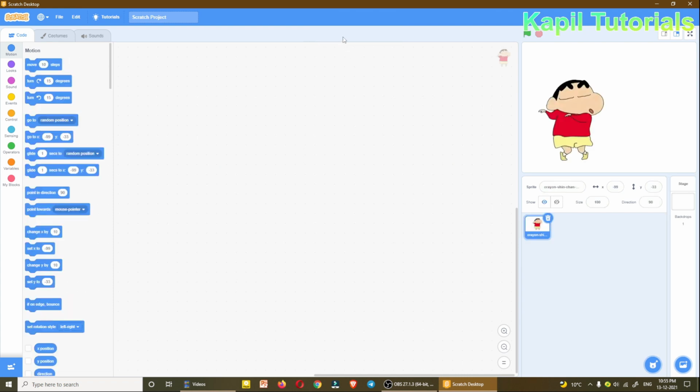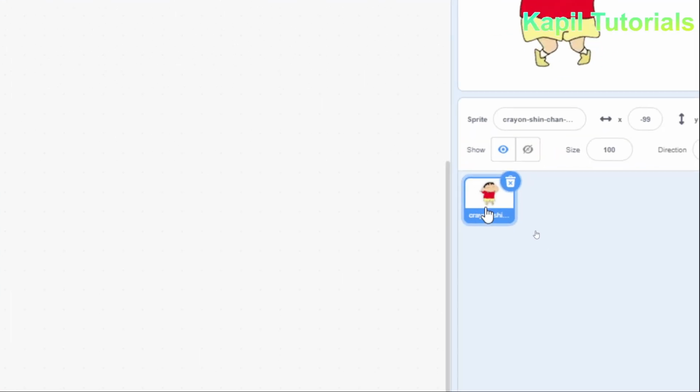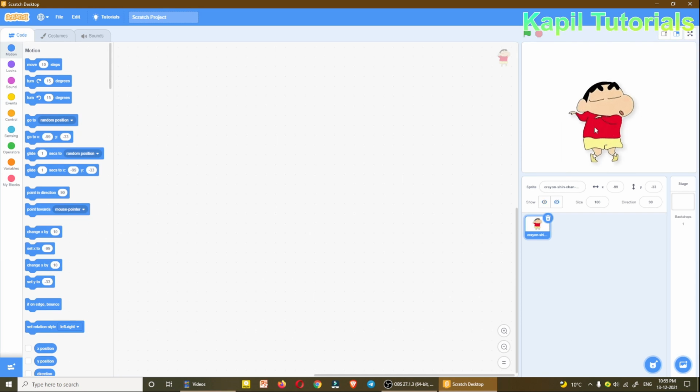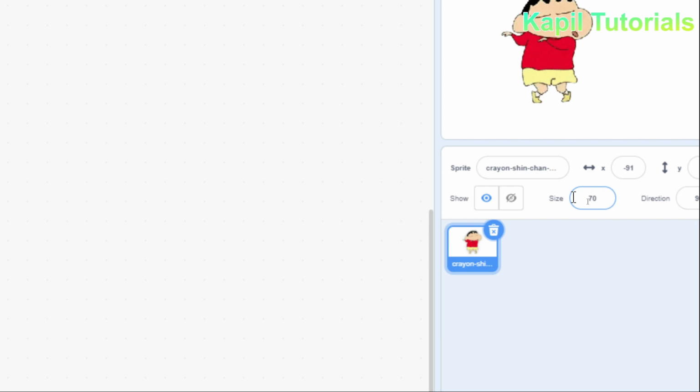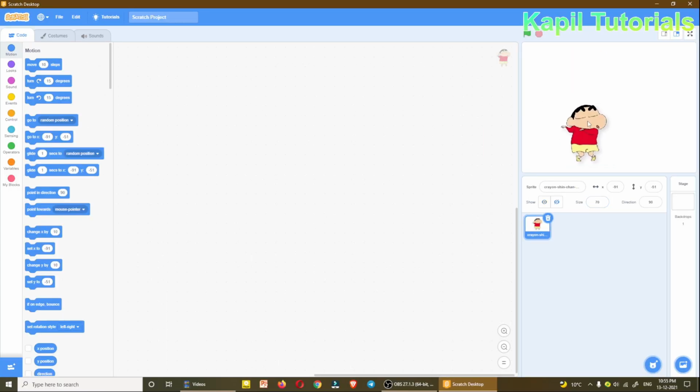You will see on the top it was coming import, and here by default this sprite is being loaded, and this is a sprite. So now you have learned how to upload a new sprite which you have earlier downloaded as a GIF image. I'll make the size a little smaller. You know very well, from here you can decrease the size. Suppose I'll just say 70. So I hope this is okay.